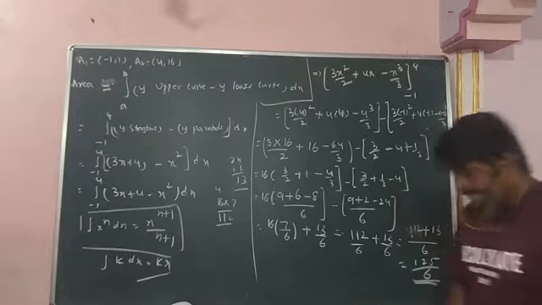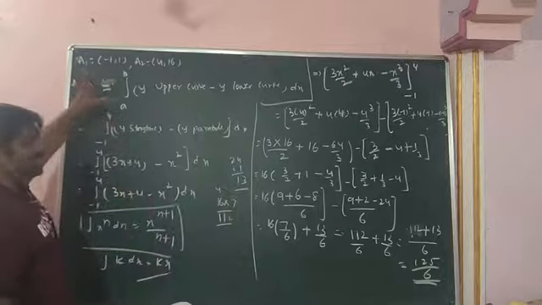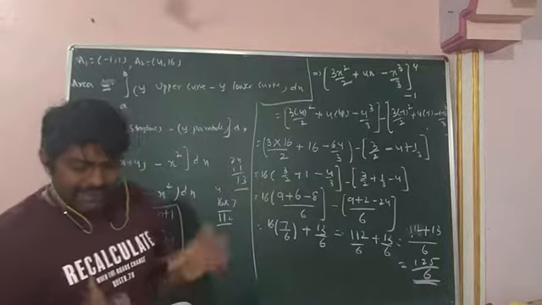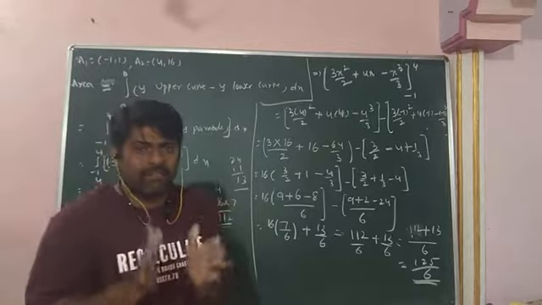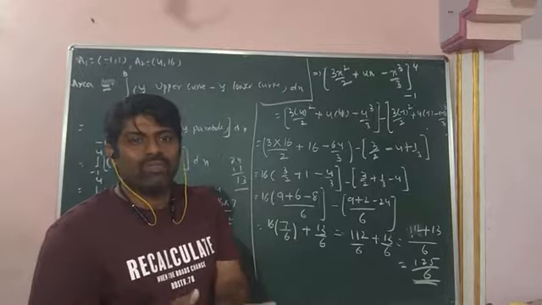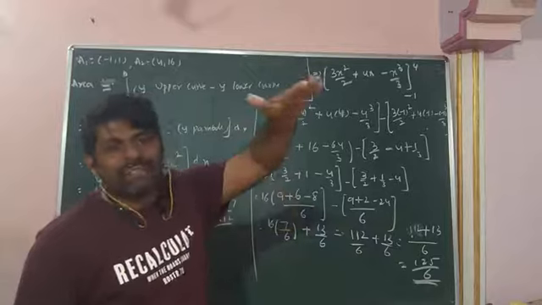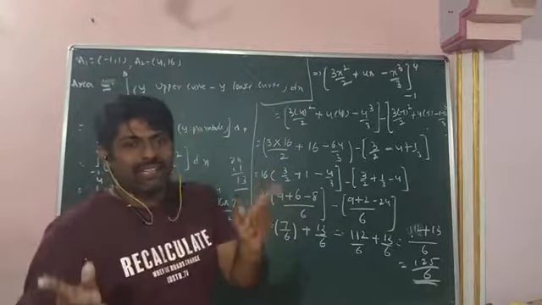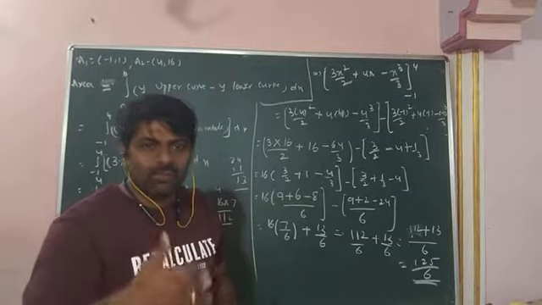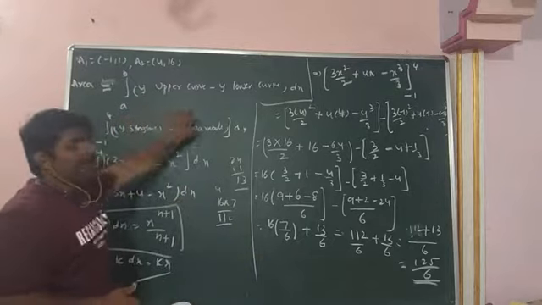So how do we find this problem? Here the basic formula is the integral from a to b of y upper curve minus y lower curve. That means the given question must be in the form of y. So y should be guaranteed. From what is given, we have to write y is equal to. So upper curve minus lower curve. Upper curve means the one on top. When the parabola and the line intersect, the upper one is the straight line and below it is the parabola. So y of straight line minus y of parabola.